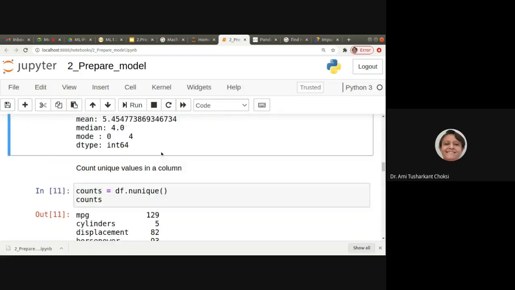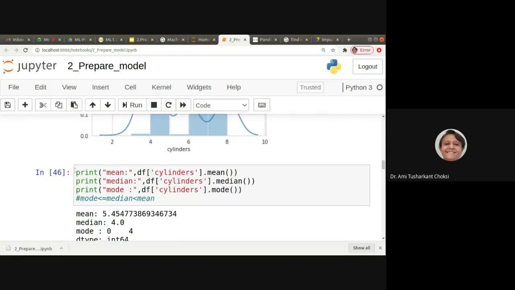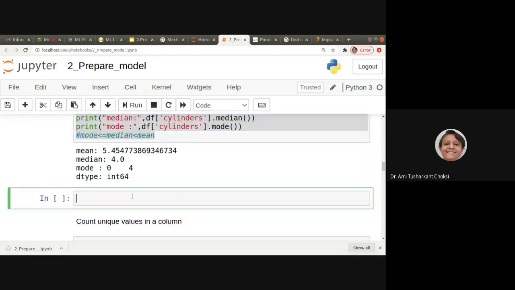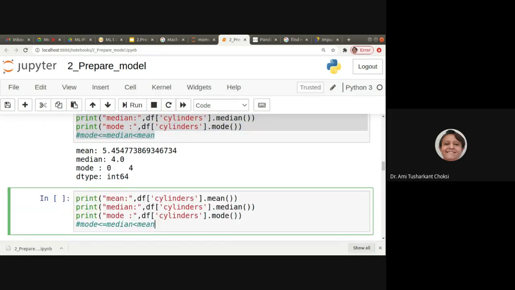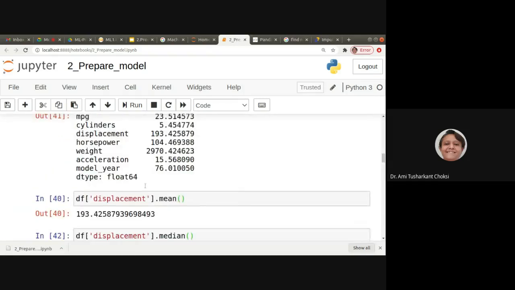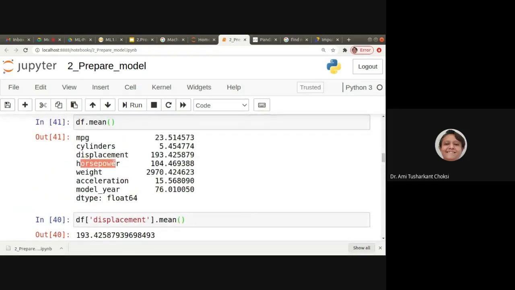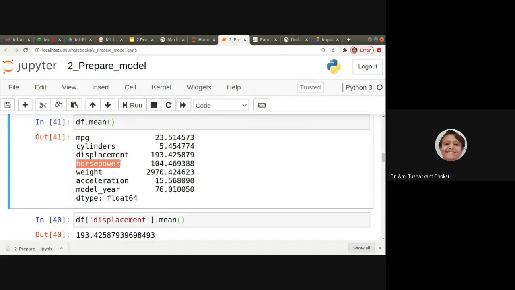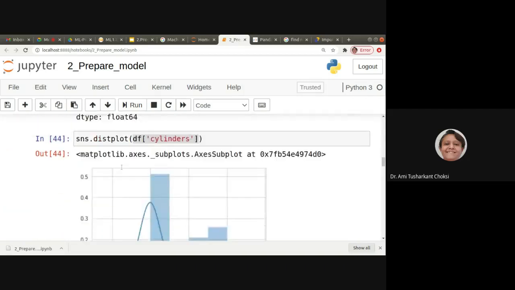Now we can try for any other column. Same thing. I'm just getting it from here, copying and pasting, right? Why? Because we just want to change the column name and see the distribution of any other column. Say horsepower. Okay, let us copy that also from here. So that will be better for us.